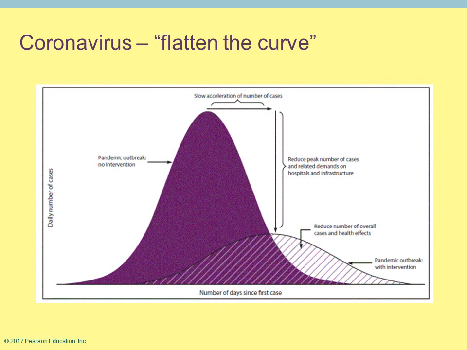The big thing for flattening the curve is just looking at the number of people at any given time that have the disease. If you have that sharp, sudden increase, and look how high that peak is on that purple one, can our medical facilities handle that number of cases? If everyone is getting sick at the same time, the concern is they may not be able to handle it. But if only 50% of the people are sick at a given time, then yes, they could handle that. So that's what they're trying to do.